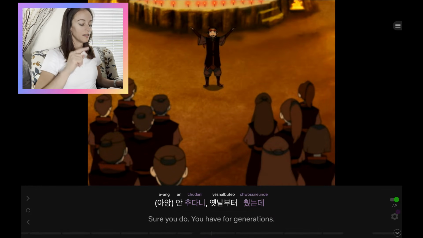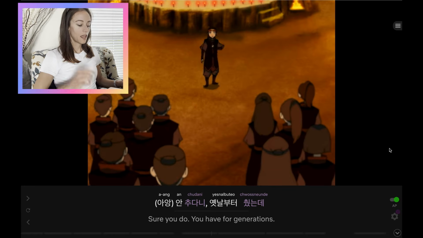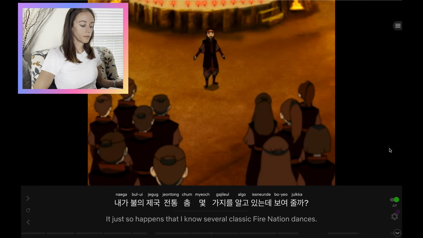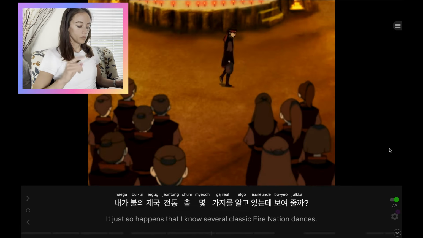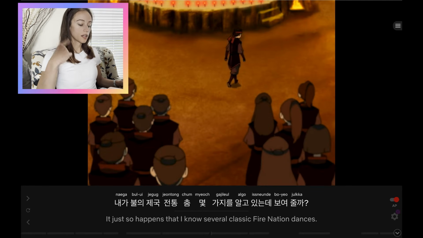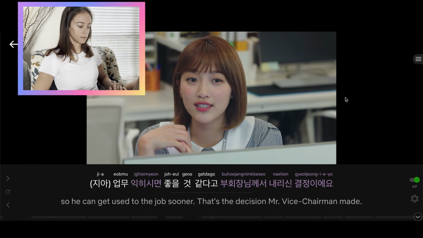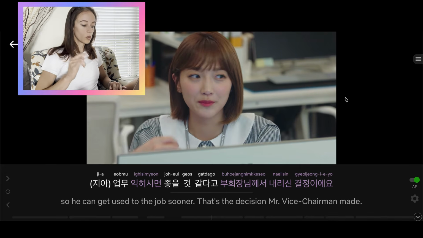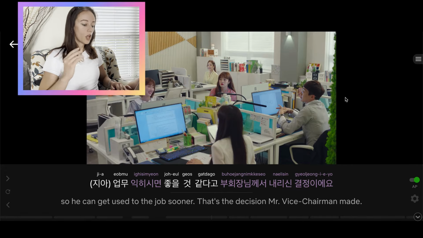안 추다니. 옛날부터 쳤는데. 내가 불의 제국 전통춤 몇 가지를 알고 있는데 보여줄까? 몇 가지를 알고 있는데 보여줄까? 업무 익히시면 좋을 것 같다고 부회장님께서